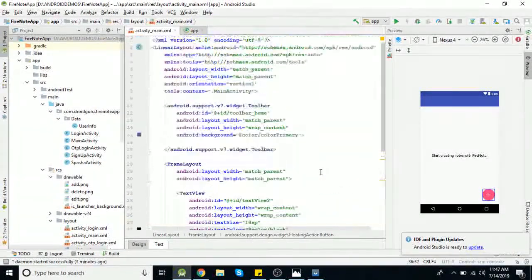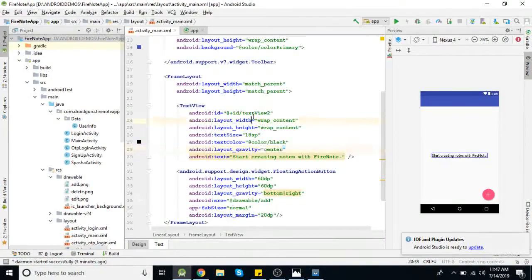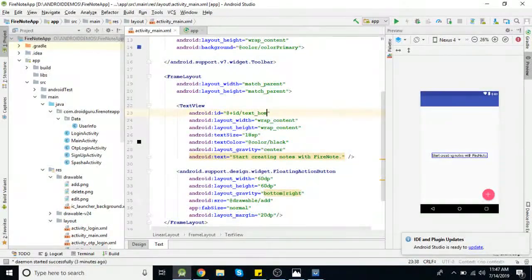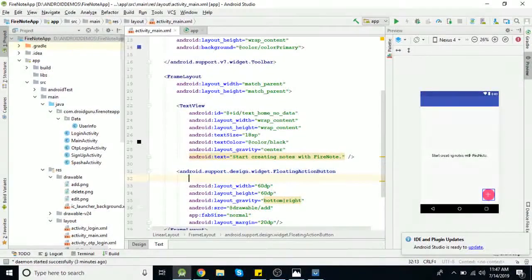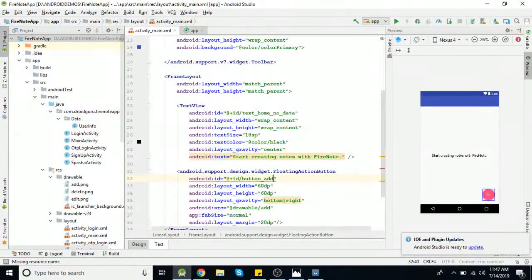Now we need to give IDs. This toolbar ID is already there. For this text view also we need to add some ID. So text underscore home, no data. And for this floating action button underscore add node.